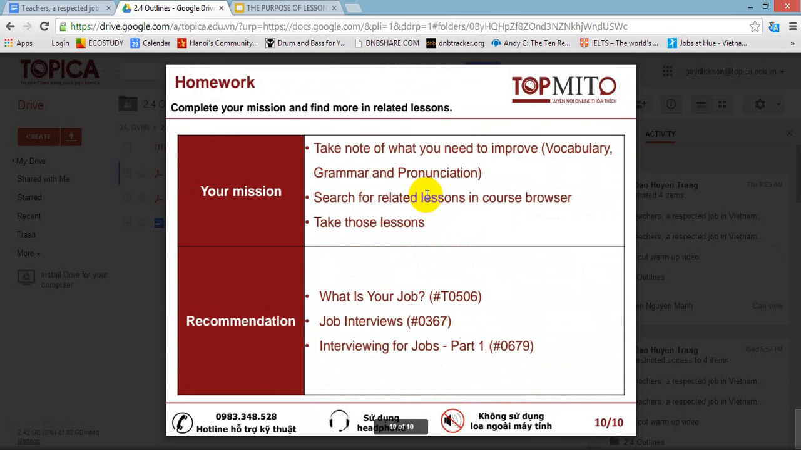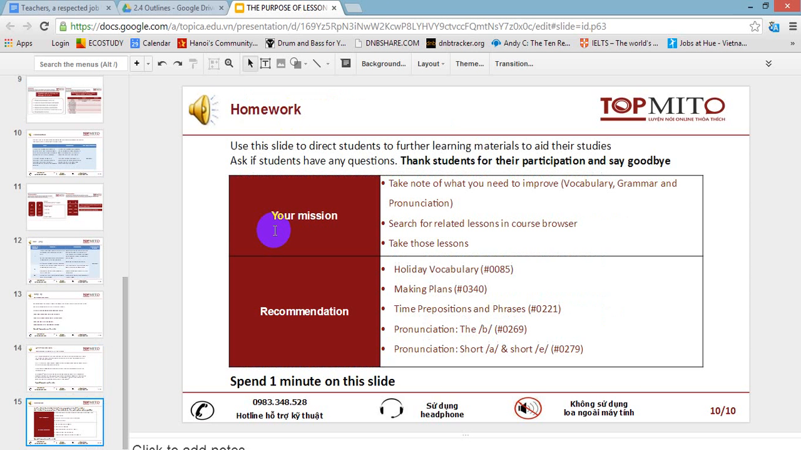Okay, and the final slide, the homework slide, here we are asking the students to make a note of the assessment that we've just given them, or the feedback, and then we can suggest to them a couple of lessons at the bottom, and we want the students to search online on the Topmeter website and review these lessons just to further their studies. And so we want to just spend about 1 minute on this slide,